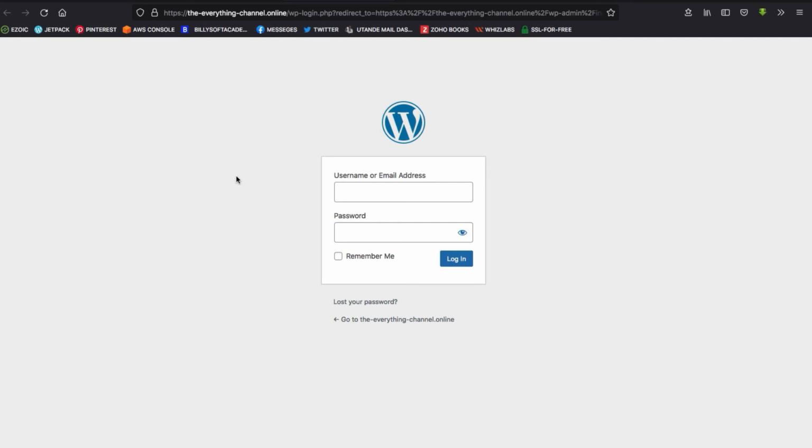So basically, this is how you can quickly get a free SSL certificate,